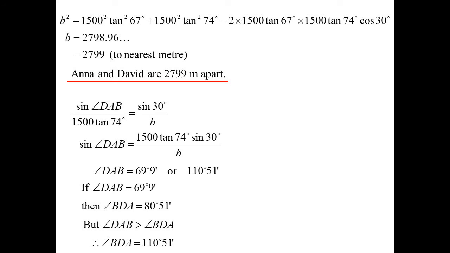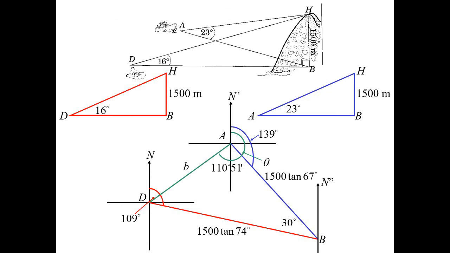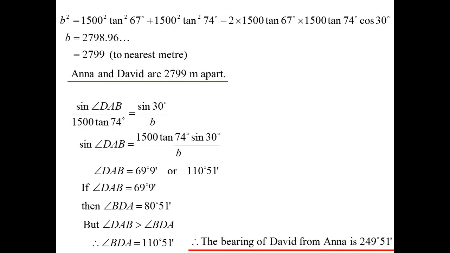But hang on, DAB has to be bigger than BDA. How do we know that? Because of the size of the opposite sides. That's telling us which angles are going to be bigger. Well, in that case, 69.9 degrees can't be the right answer. So DAB must be 110.51. Add on that 139, and we get the bearing is 249.51. We now know what angle we have to go off to search for David, and we'll get there once we've travelled